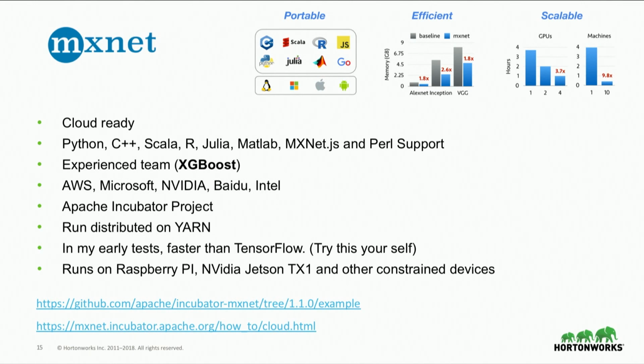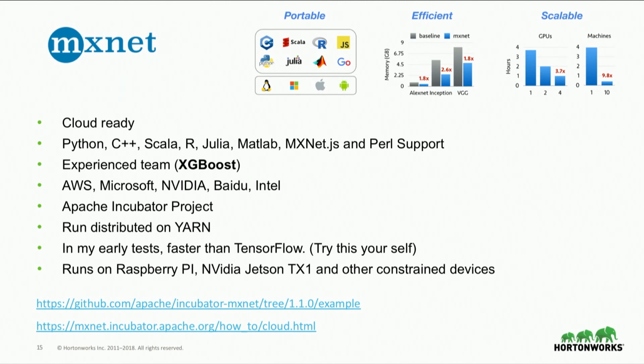MXNet is nice because it'll run on a cloud. You get yourself a $10 cloud instance. You could run MXNet. It runs in Python, which is probably the easiest to work in. Most people know a little bit of Python, so that's probably the preferred language. You see there's a whole bunch of other ones. This is the team, if you're machine learning people, that does XGBoost. So they have some real skills here, and the company's backing this and using it and submitting to it. That's a pretty good list of people in AI, so I don't know why they don't have more traction.